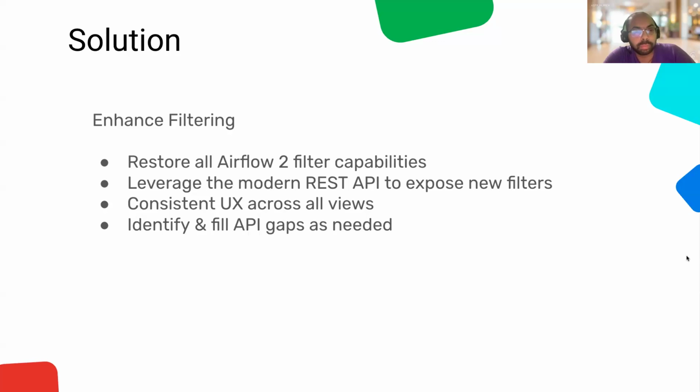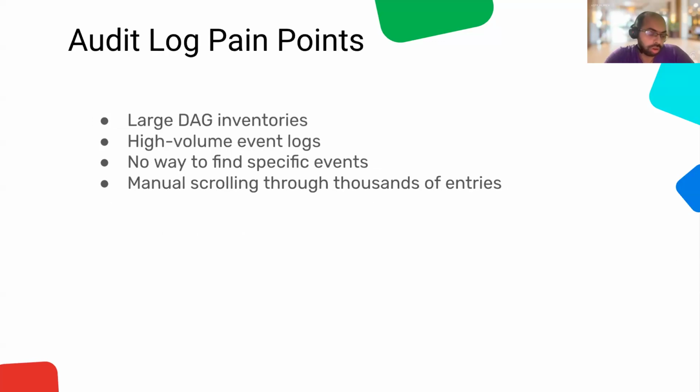Next slide, please. Now, this audit log is one sub item of the meta ticket in which we are trying to address all the screens. With audit log, I feel like there is more pain because, as you know, many users have multiple DAGs with multiple runs, right? And everything is generated.